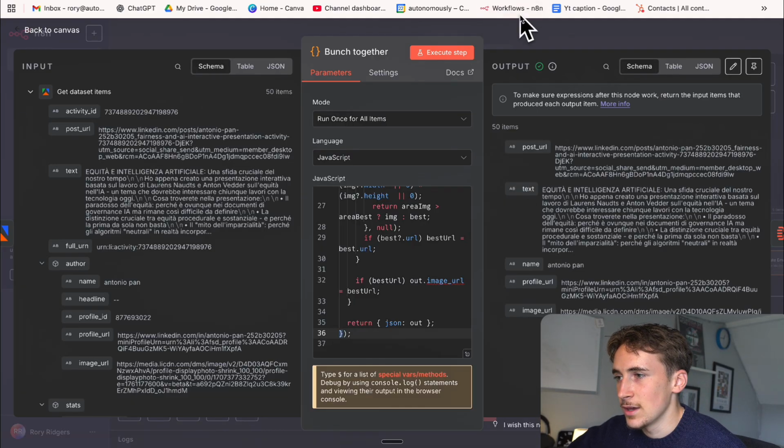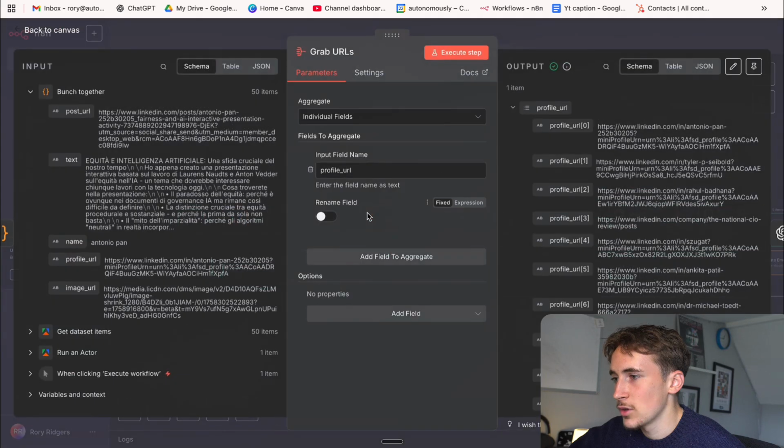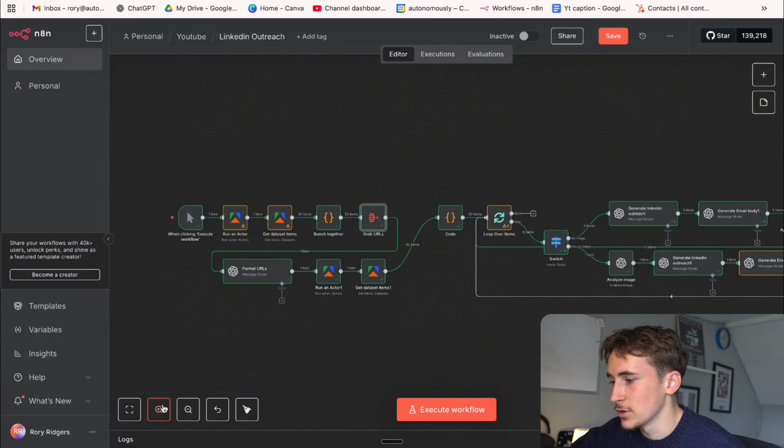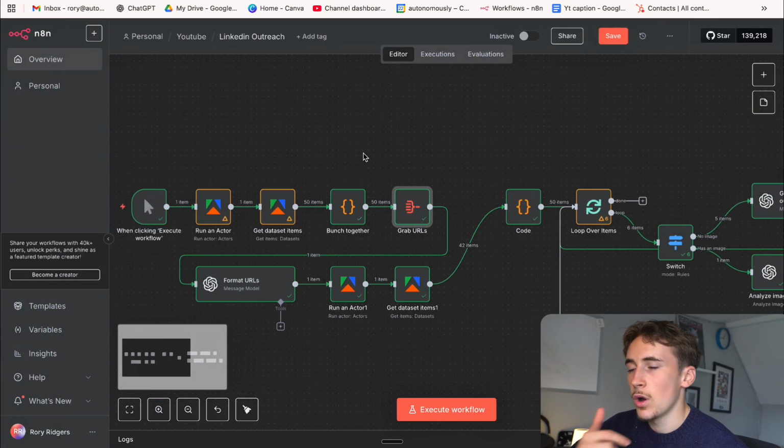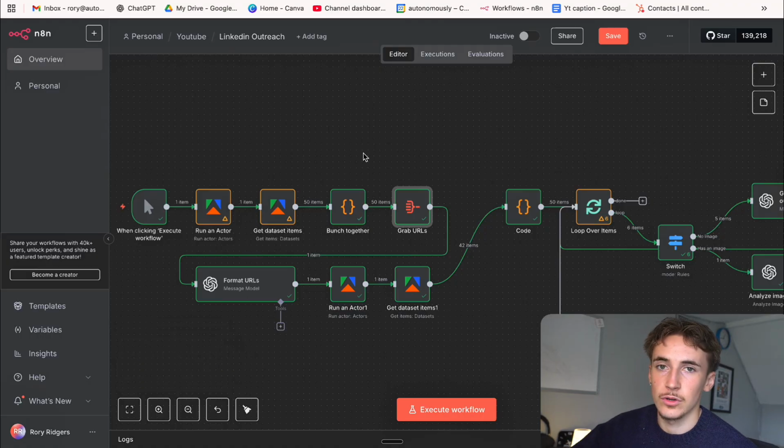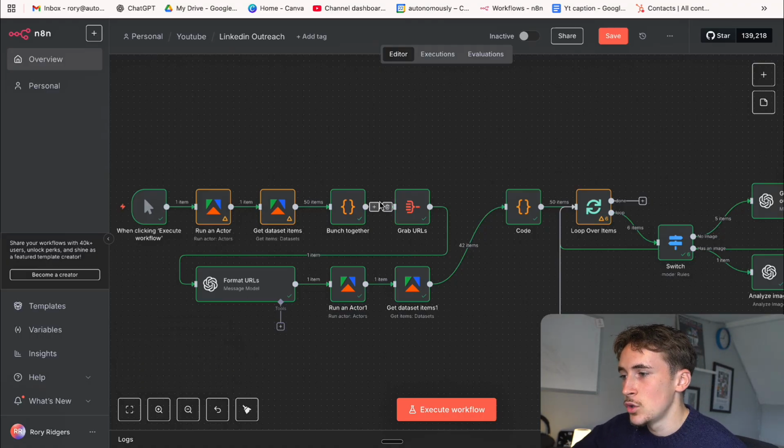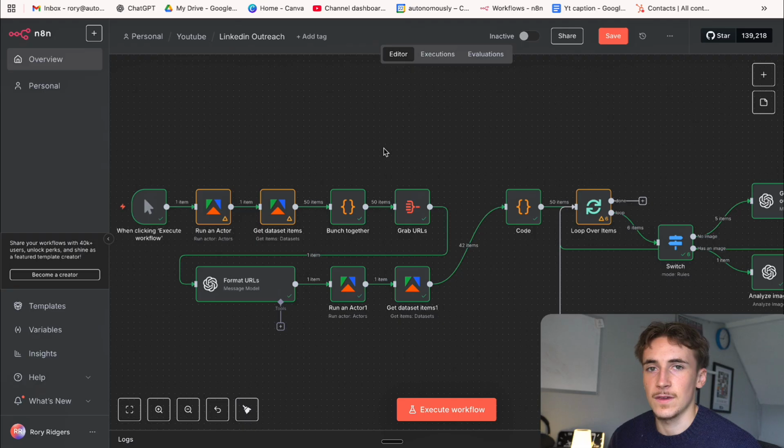So yeah, that's that. We get these variables here, and then we just grab the URLs because we want to aggregate them, because you can see there's two reasons why we do this. One, we just want to grab just the profile URLs because that's all we're working with. But two, we want to change this from 50 items to 1 item,